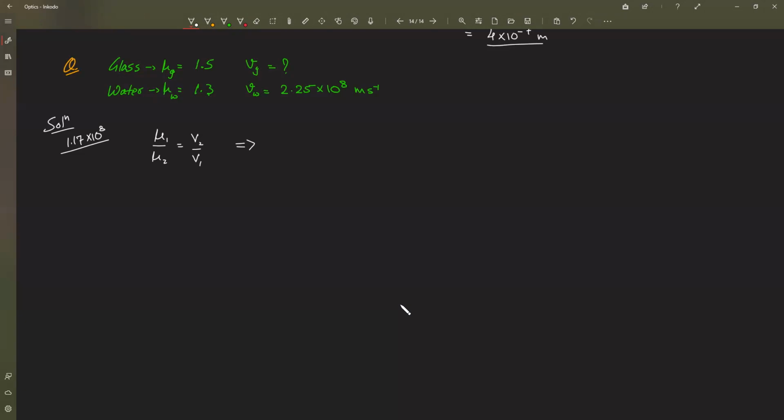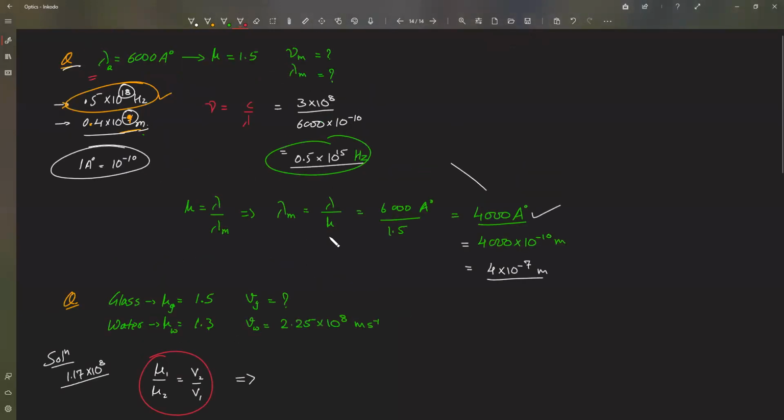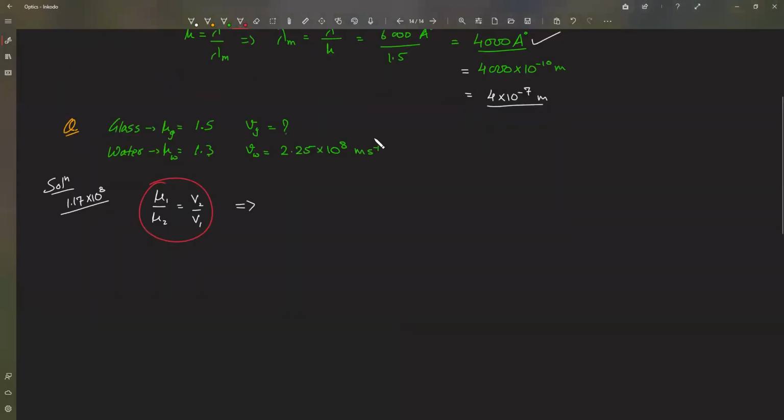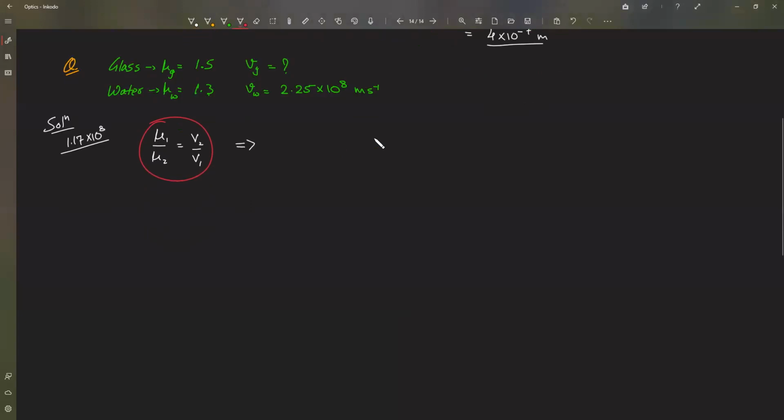Same thing, right? Yeah, you will get the same thing. So let's see what we get here, then we'll come to your method as well. Even there, we should get the same thing. This is the result which we saw just now in the previous page, right? So mu and v are inversely proportional. If we can directly use this, it will be good.